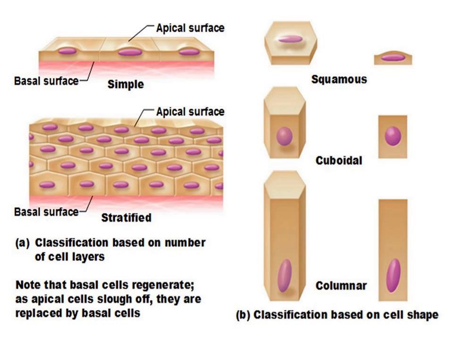So that is on the basis of the number of layers: simple means one layered and stratified means multi-layered. And the right side of the diagram is showing you the shapes of the cells: the shape of squamous epithelium cells, the shape of cuboidal epithelium cells, and the pillar-like cells, which are called columnar epithelium tissue. So that is the classification of epithelial tissue on the basis of their layers and their cell shape, right?